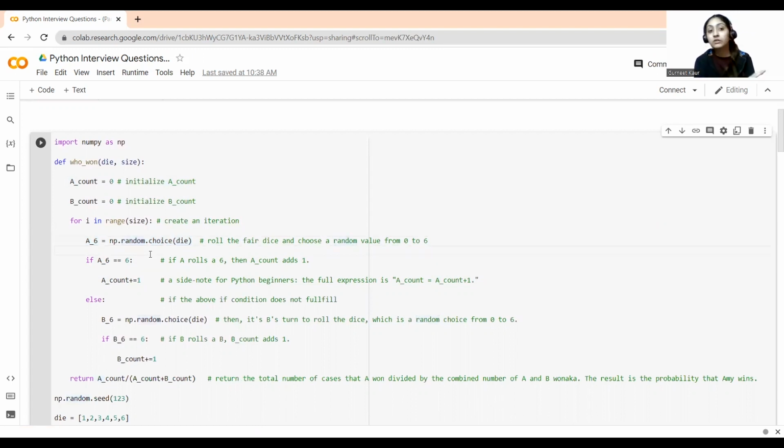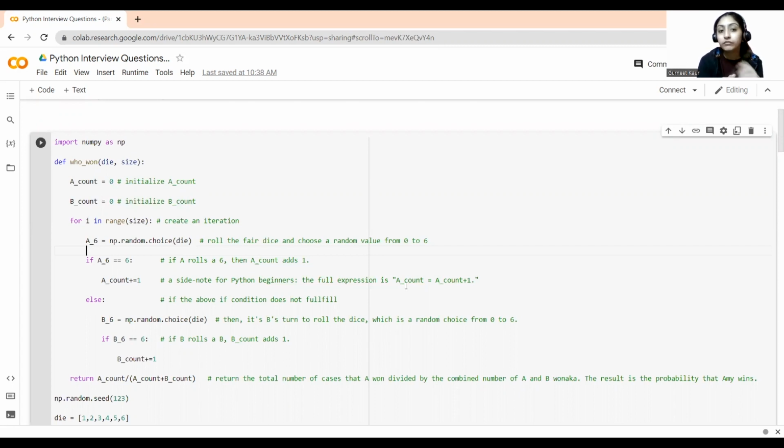Now it's time for the condition. If a underscore 6, that means the die has a 6 value, we will add a count to our a count. The syntax will be a underscore count plus equal to 1, which is also a count equals a count plus 1. We write it down like this, right?